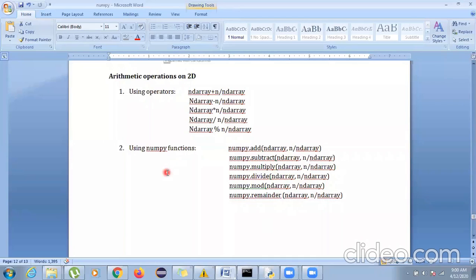Please go through the examples given in the book. There are so many examples which I cannot really take because it is only a 40 minute class. I cannot extend it much as students get bored while sitting at the computer. So go through the examples given in your textbook. On Tuesday, we will meet with some questions which we will be solving, which will be for your journals as well.